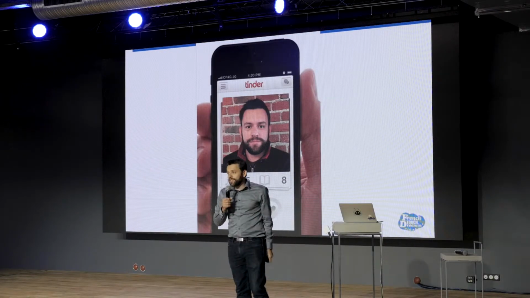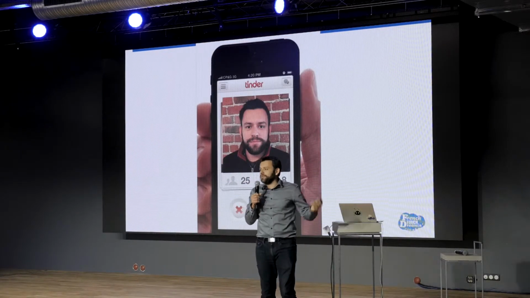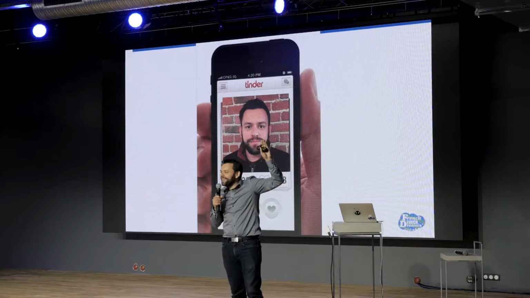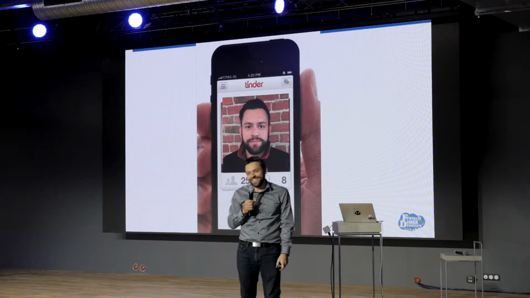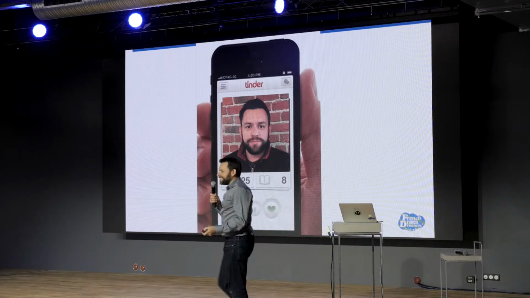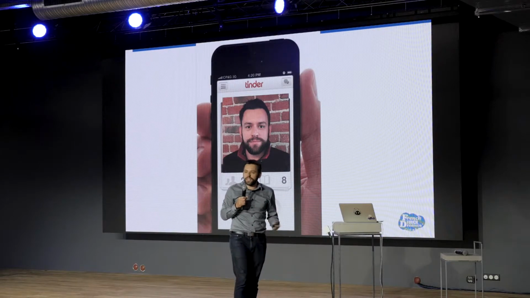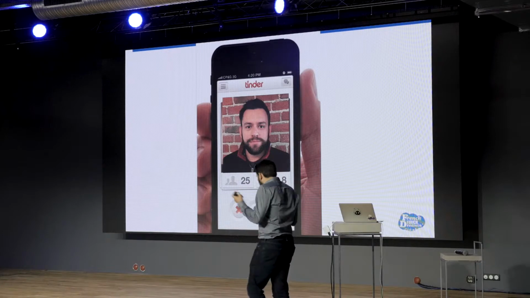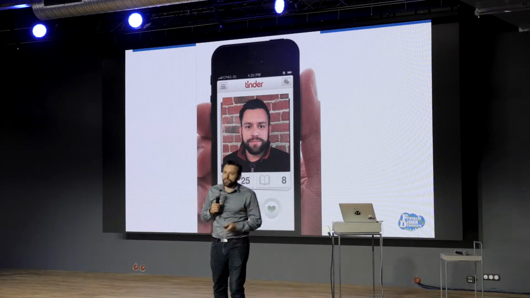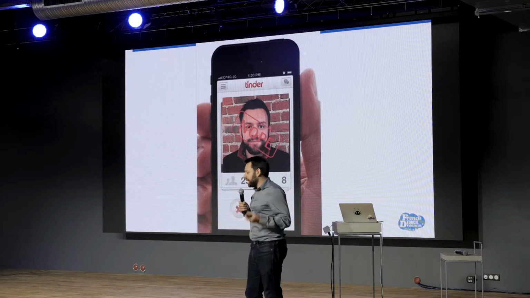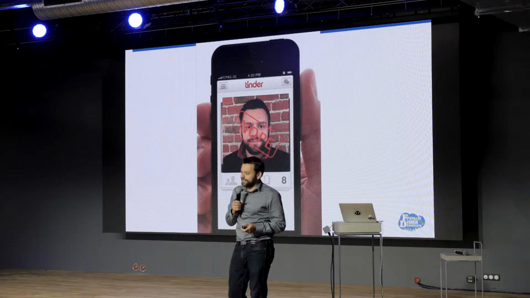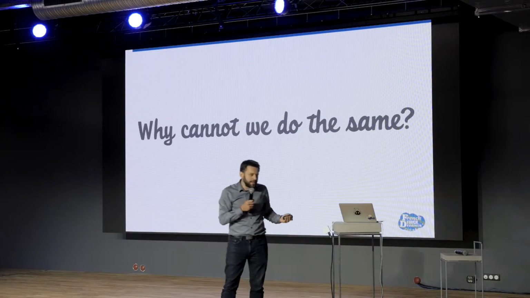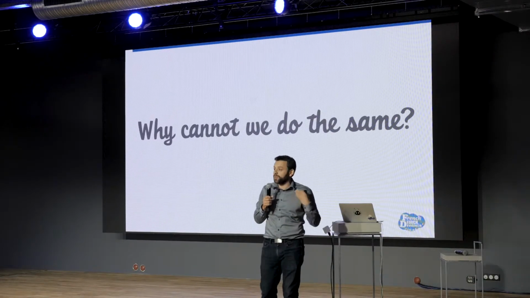The other one, which is also really embedded, is Tinder. Who uses Tinder? This is a harder question to ask, but nobody? Oh, come on. So Tinder is exactly the same, right? You're on your mobile phone, you are checking people, and based on what you like, they are going to automatically recommend who you may like or not. Of course, sometimes the machine makes a mistake, and you say, no, sorry, not this guy, don't like it. So the question now is, in consumer apps, you can do this stuff, it's pretty amazing.